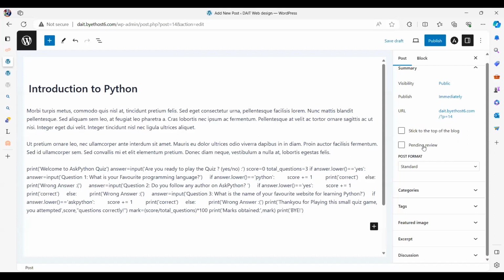And another editor from, say, the IT faculty. So when they edit the article or when they create the article, they can send that to the chief administrator, let's say the website admin, to have a look at it. So they can click this pending for review, right? And then the admin can have a look at it, and if the article is good, they can publish the article, right?